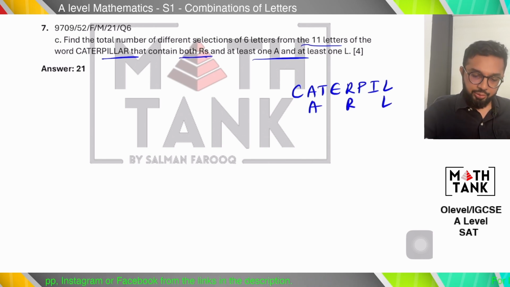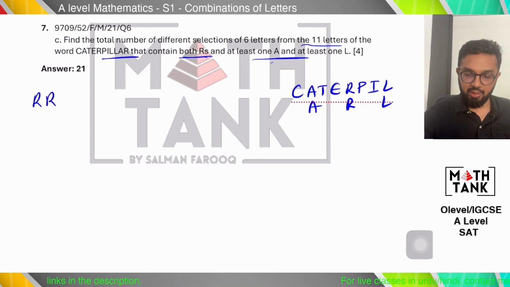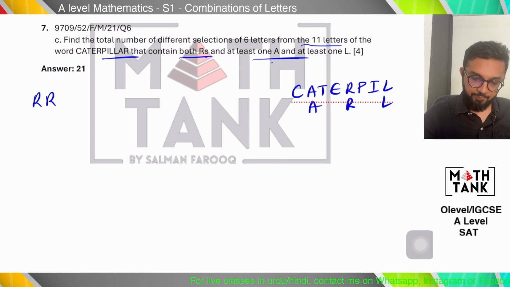Okay, that contain both R's. So R's have to be there and at least one A and at least one L. Find the total number of the six letters. I need to select six letters. So let's start with a very simple case, A and L, and then two different,